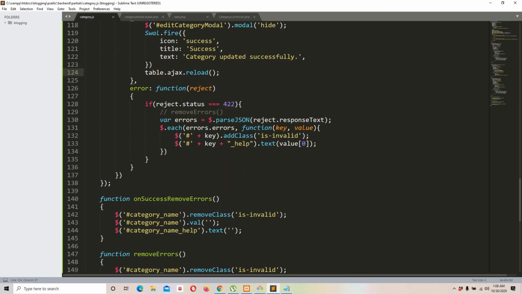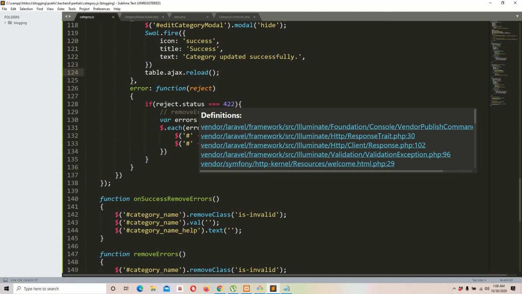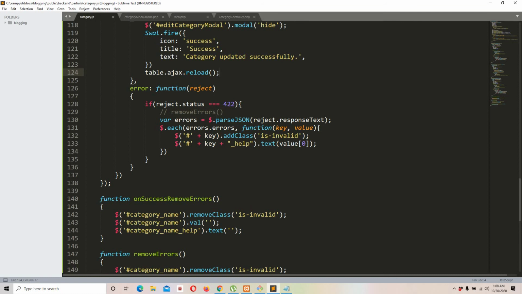Okay, now when we are here, we are checking if the status was rejected. And if we are applying a condition, if the reject status was 422, that relates to validation errors. Okay, so we are just making sure. Next line, we are saving all of our errors that we are getting from Laravel in an